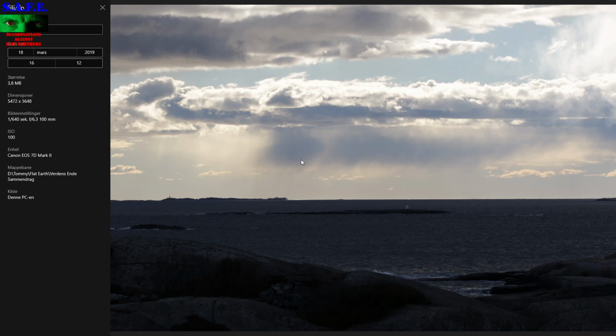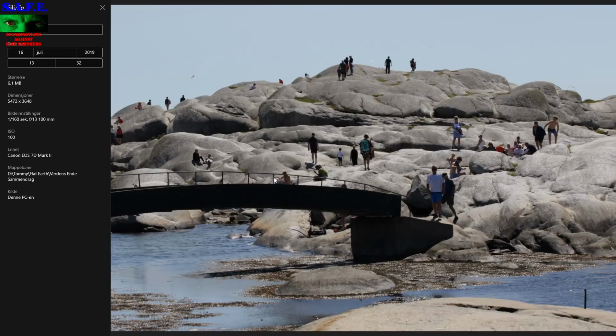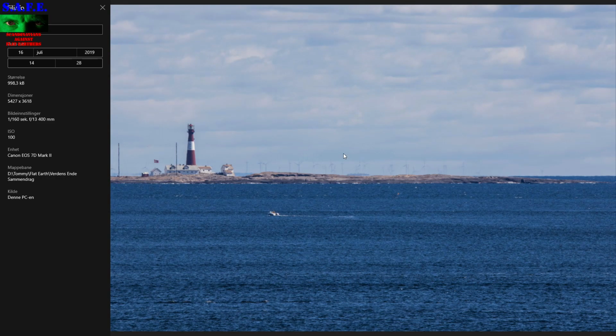Next time was just 1 week later, and still it was well below my eye level. There wasn't much difference in the weather, probably a bit warmer, but not by much. The third time I was there, middle of the summer, July 16th, 2019, you see people here in shorts and swimwear, out bathing. So this time it was warm, and still all the turbines were at about the exact same place, well below